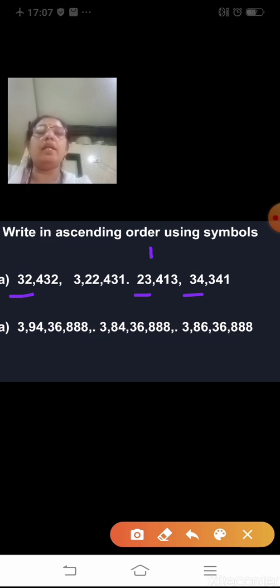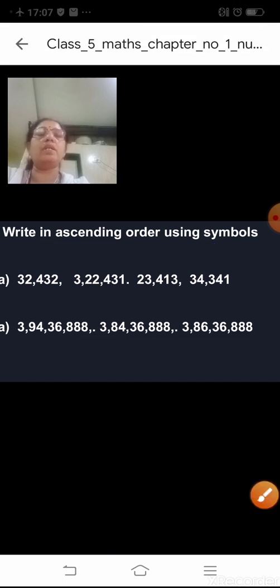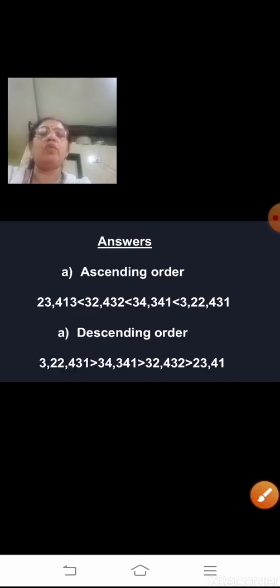23,000. 32,000 is the second one. Third number you will write as 34,341, and in ascending order 3 lakh will come last. Why? Because we are writing from smaller number to bigger number. So this number you will write last. So when you are arranging the numbers in ascending order, you will write it as